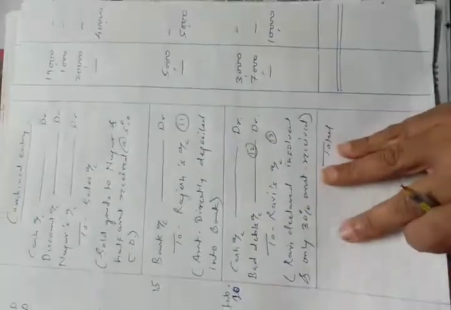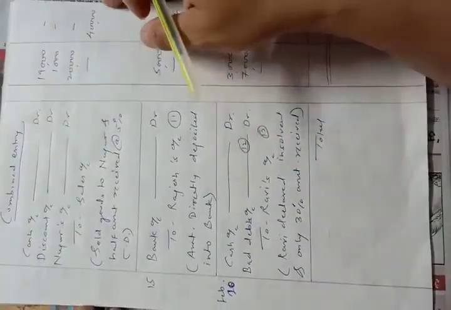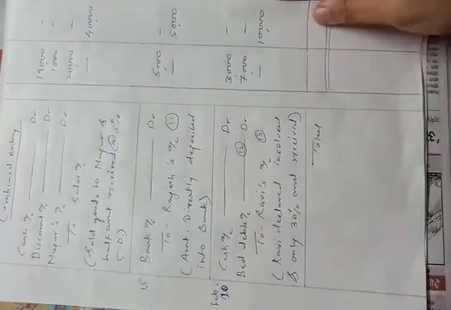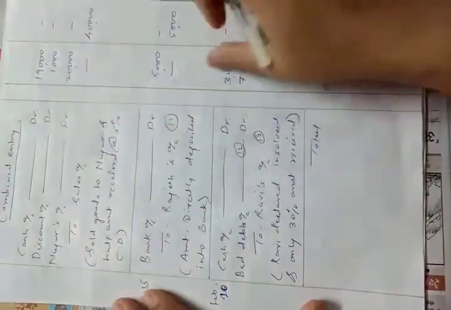Okay. Now the next entry. These two entries are there and this entry is a combined entry. Let's see the combined entry and try to make the posting. 4 accounts are involved here. See this entry. We have completed the first 3 entries and this entry is the same. Understood? So on 10th Feb we will make the posting of this entry.